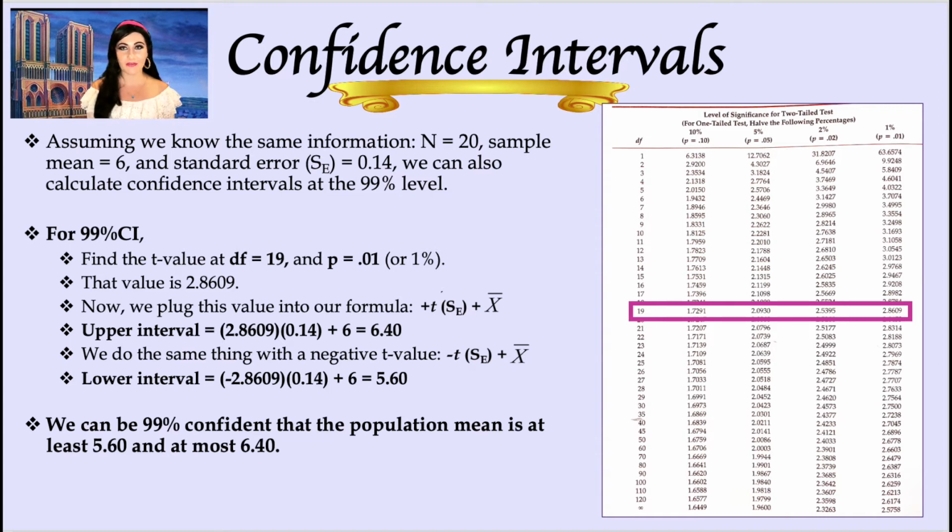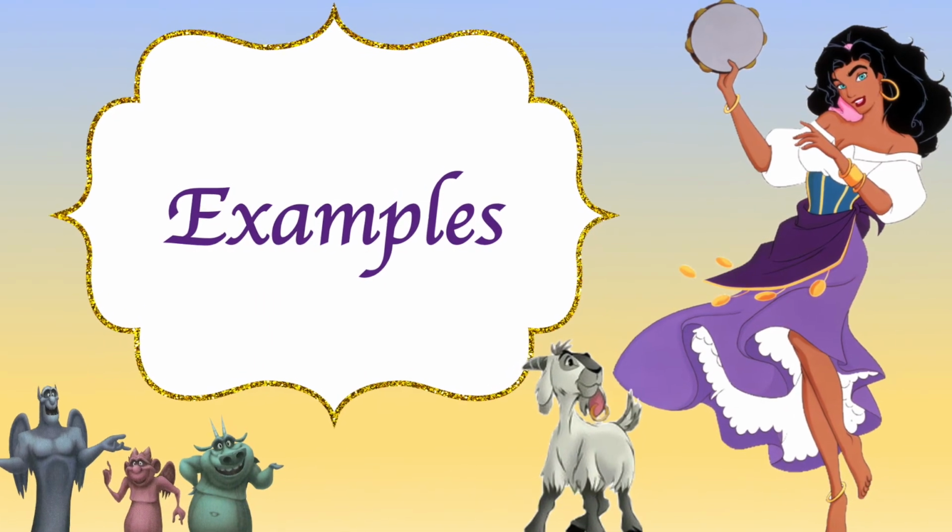For the upper interval, we have 2.8609 times standard error of 0.14 plus the mean of 6, and we get 6.40. We do the same thing with the negative t-value, negative 2.8609 times 0.14 plus 6 gives us 5.60. Therefore, we can be 99% confident that the population mean is at least 5.60 and at most 6.40. Or another way to say this is that we are 99% confident that the population mean lies somewhere between 5.60 and 6.40. So let's go over a couple more examples to make sure that you're really comfortable calculating these confidence